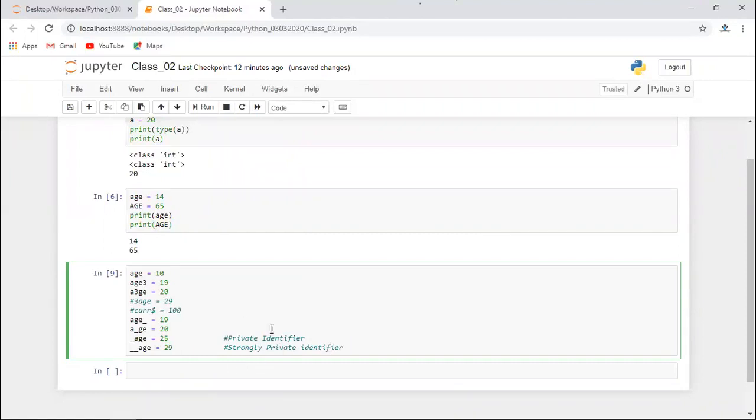This is the concept of classes and objects and the part of modules. When you understand modules, classes and objects, then when I explain, you will be able to understand it in a better way. But a single underscore means it is private, the access is limited, everyone cannot access it. Double underscore age is strongly private, again the access is limited.